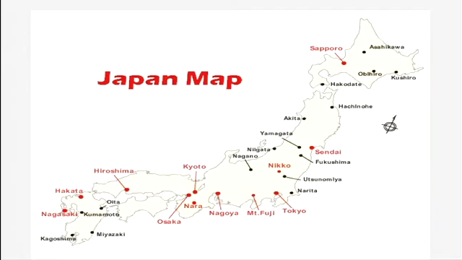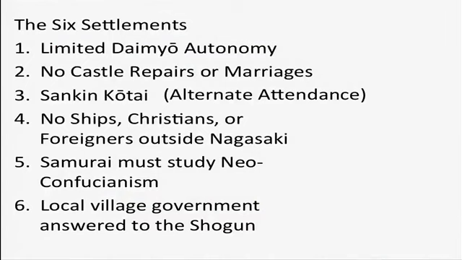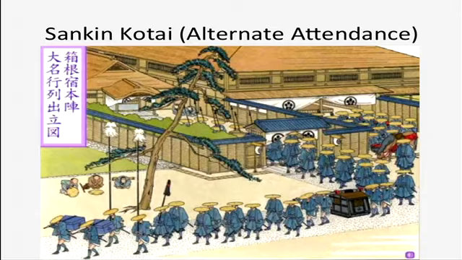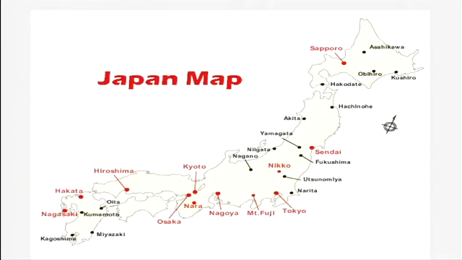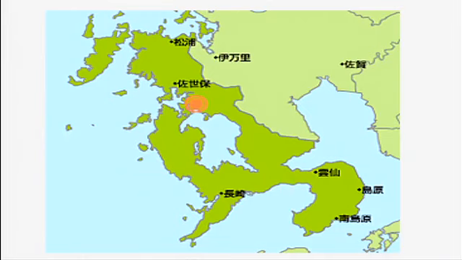We also discussed another one of these settlements, which is no ships, Christians, or foreigners outside of Nagasaki, very briefly at the end of class, and I want to pick up there today as we continue. So again, Nagasaki down here, at the edge of Japan, in Kyushu. This is the place where foreigners are going to be allowed to live. We discussed how Christianity came to Japan very briefly, the Portuguese shipwrecking, and then in their wake come the Jesuits who propagate Christianity and have some success for about 50 years. But eventually the knowledge that the Portuguese are part of a larger empire, and that this empire could very well be coming to take over Japan,